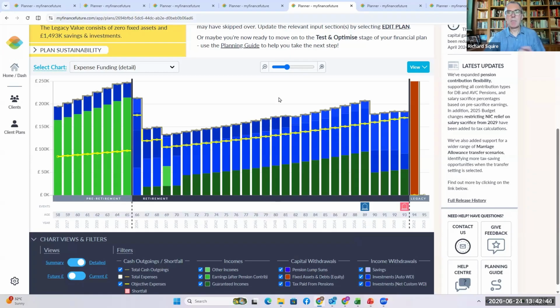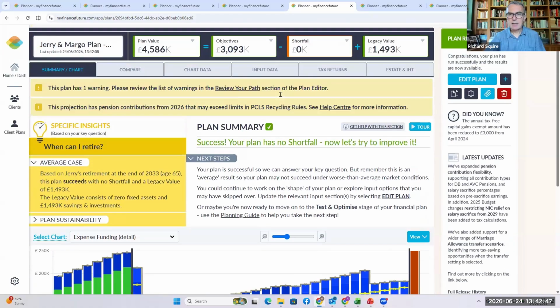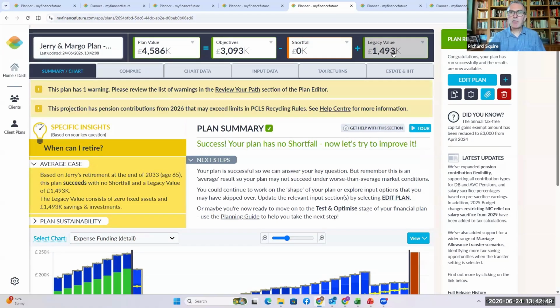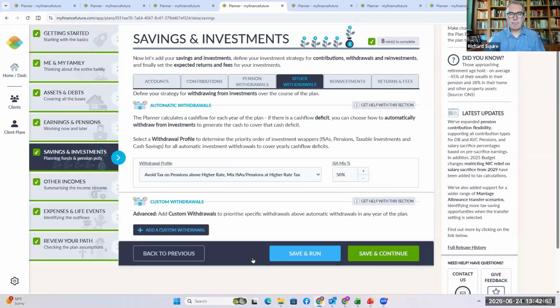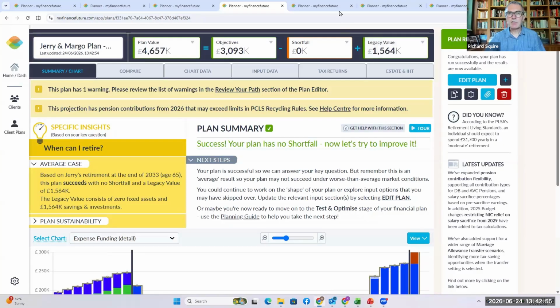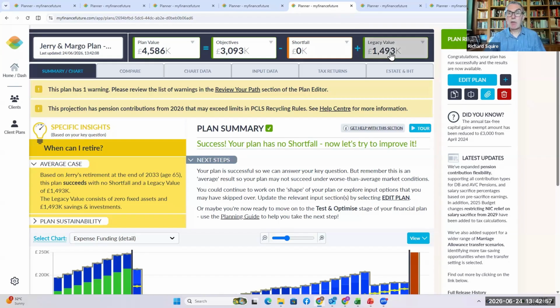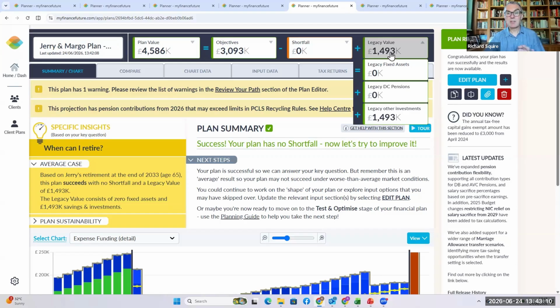But let's see what the balance is. So we can see the overall legacy value's gone down. So it was previously 1564. It's now 1493, but there's nothing in pensions. We've exhausted our pensions. And in fact, that was the thing I was trying to do by choosing the amount of funds to withdraw from Jerry's pension during retirement,